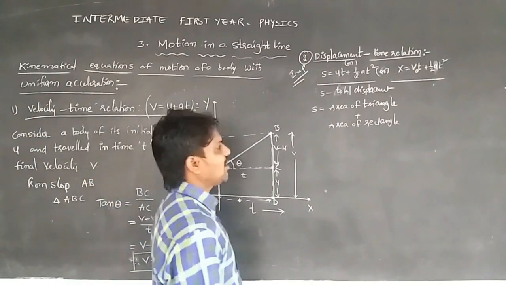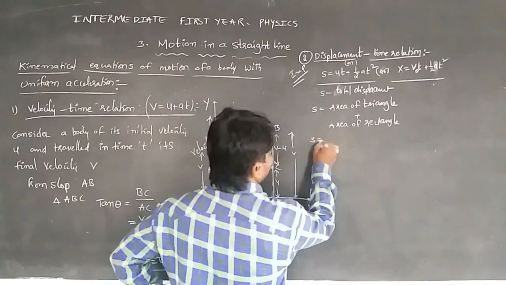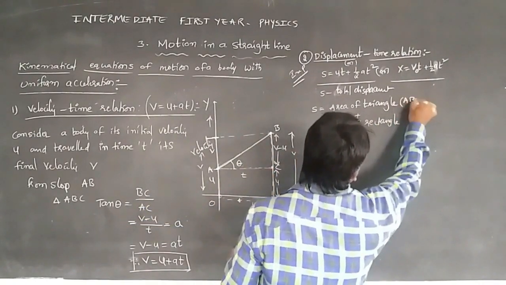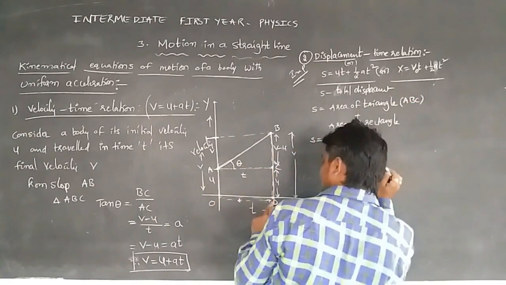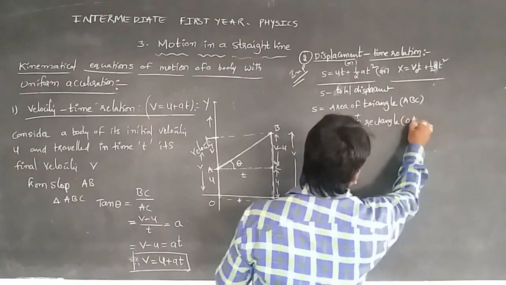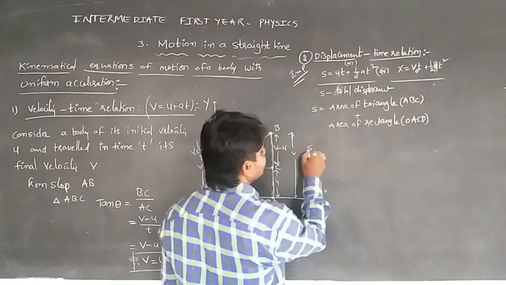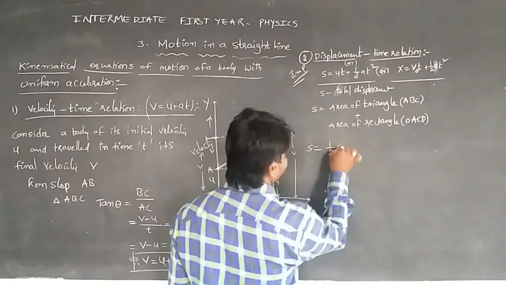Area of triangle means half into length into breadth. Here the triangle is ABC and the rectangle is OACD. So S is equal to half into length, which is AC,